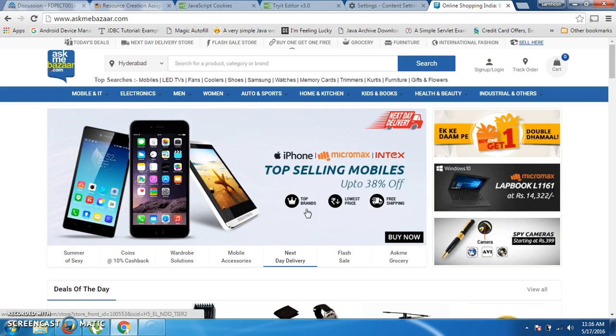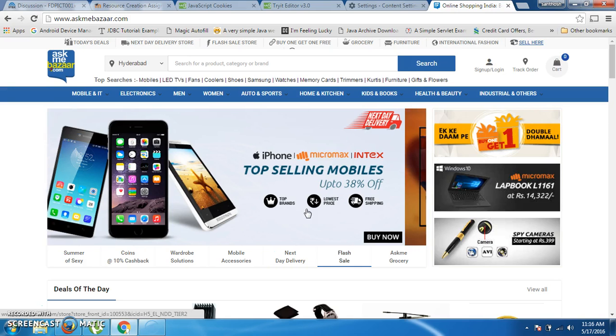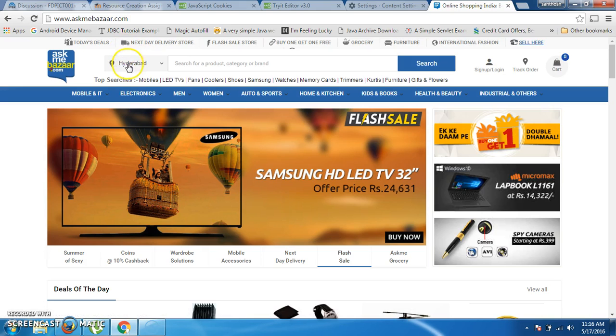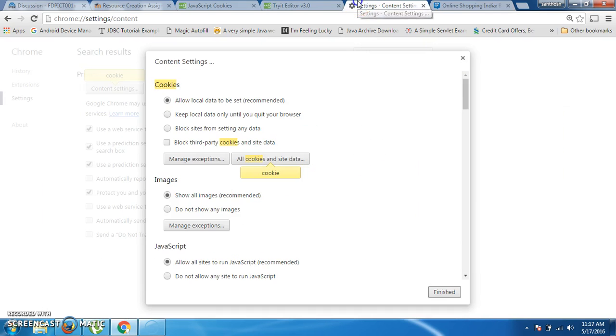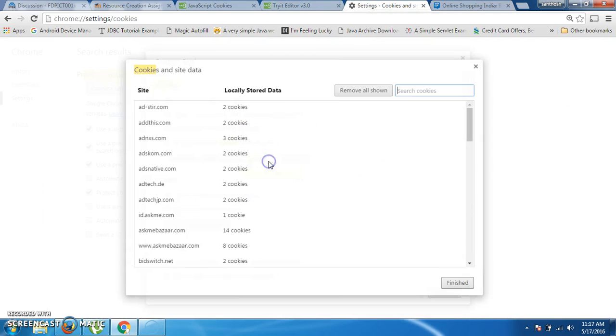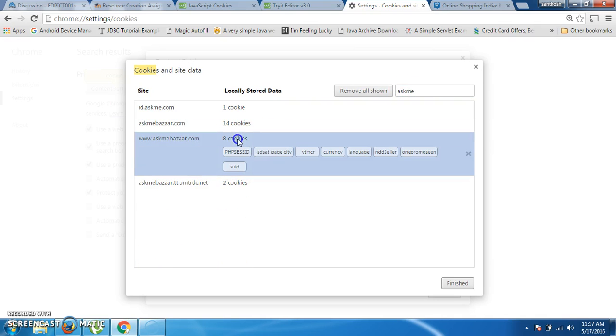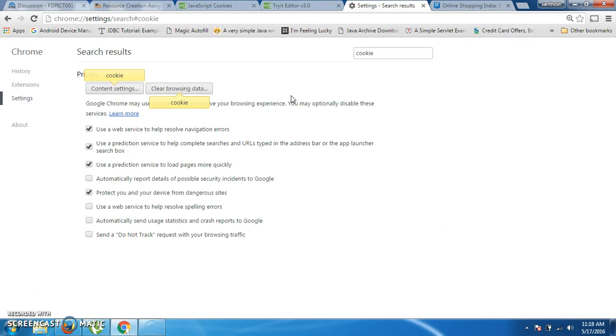Next time whenever I open this web page in this browser, it automatically selects Hyderabad. That is the live example of the concept of cookies. If you see here again, the same cookies for Ask Me Bazaar are created again. Now let's learn how to create a cookie, how to check for a cookie, and how to